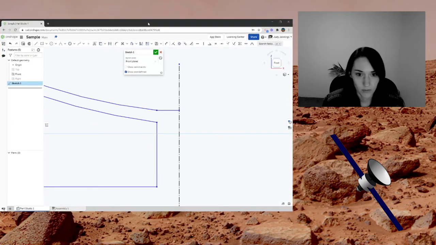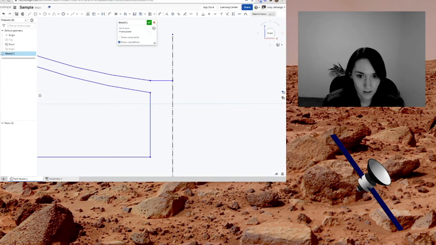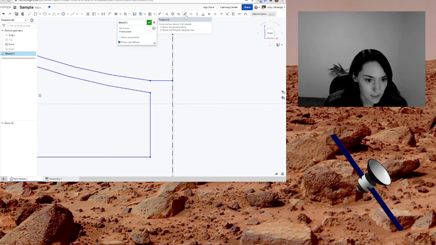Hopefully I didn't make that too small. If you want to use some of the constraint tools, you can just hover over them and see what they do. Not only do you see what they do, but you see how to perform the actions. In this case, it says to select the sketch entities, then select the tangent constraint tool. Click, click,